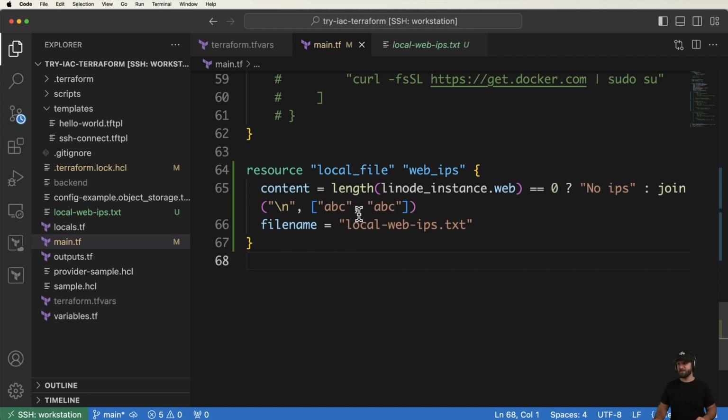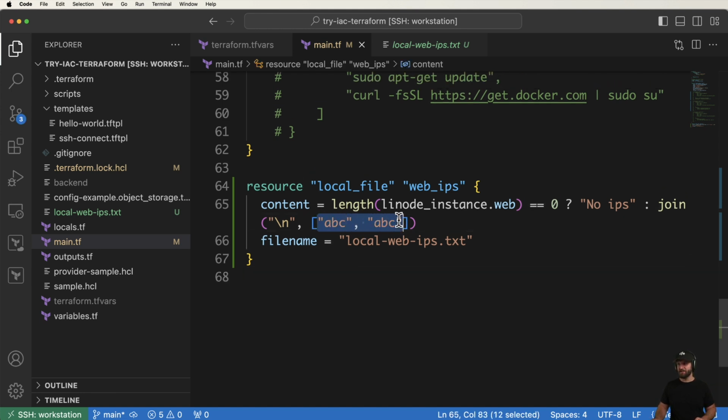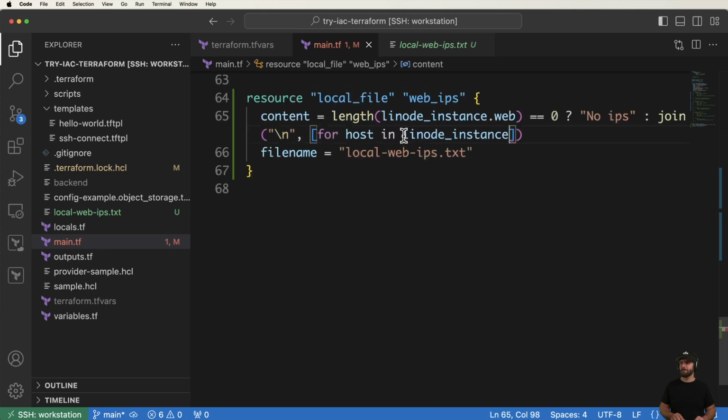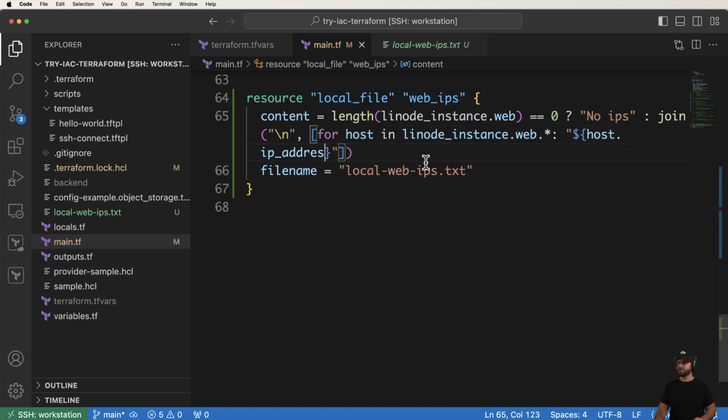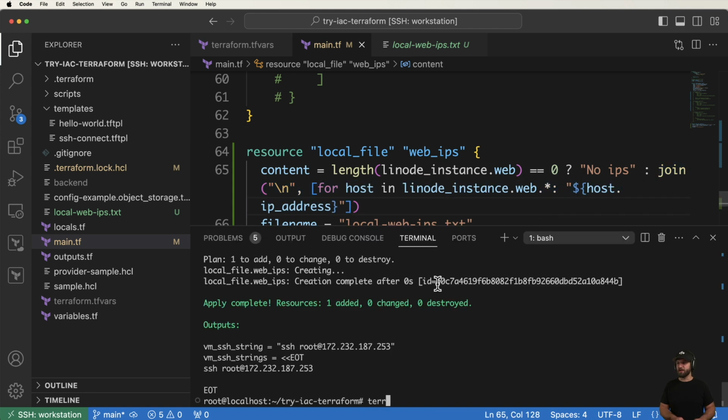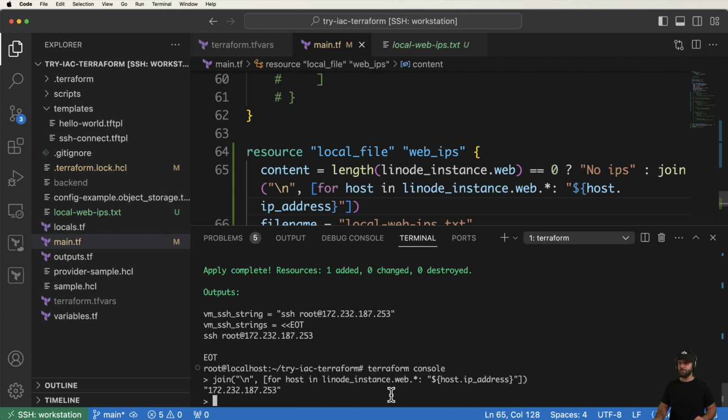And one of the ways to do this inside of Terraform is to run a for loop. So we can say for host in the linode_instance.web.*. And so host here is arbitrary. It's just a variable. And we can set the values for each loop to being host.ip_address. And so what this is going to do is actually loop through all of that and join it together in one line-by-line string, which we can verify by going into the console itself and pasting that in, and there it